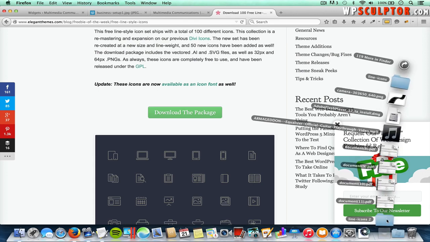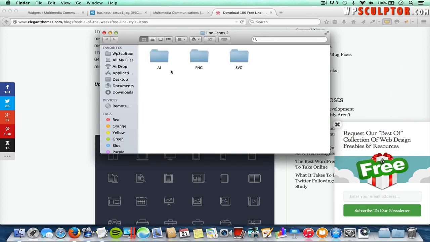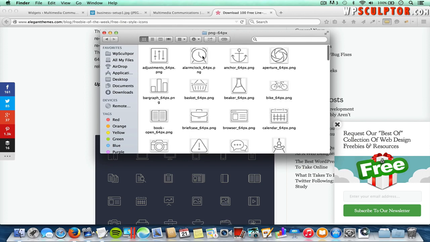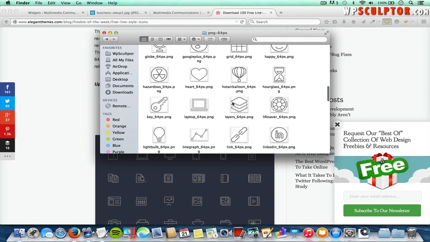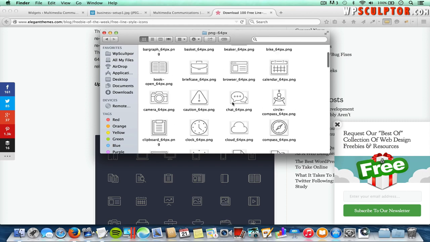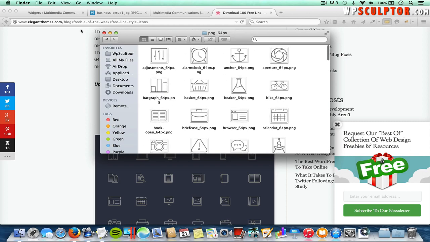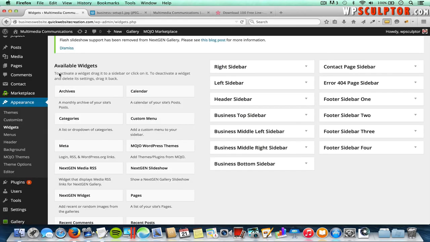And once you have your computer unzip the zip file we just downloaded, you should have 3 folders within the folder. And the images are going to be in the PNG folder, so I'll click on that. And we're going to be using the 64 pixel size images, so I'll click on that, and you can see all the line icons that you can choose to use. So now that we have our icons, we're going to go back to the back end, and we'll start with